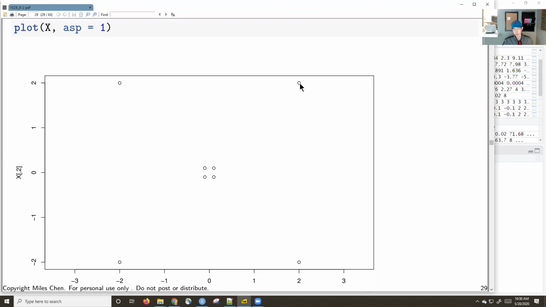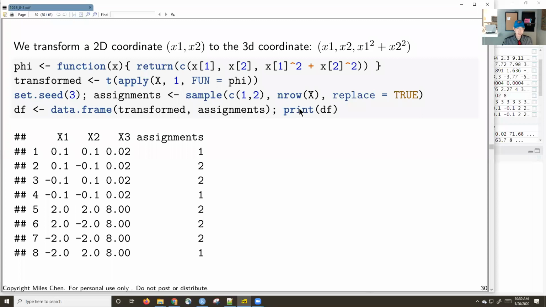But regular old k-means clustering will never put this one and this one together, because it uses Euclidean distance as a measure of similarity, and these are very far apart, so they're never going to be in the same cluster. Okay, so what I do is I'm going to apply